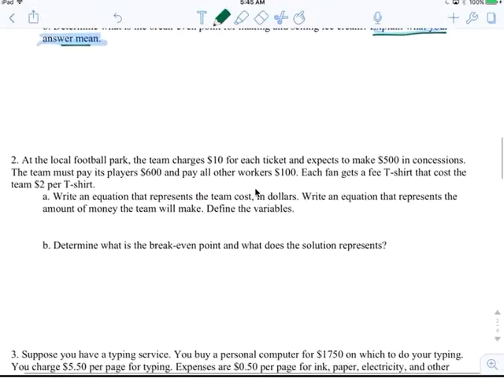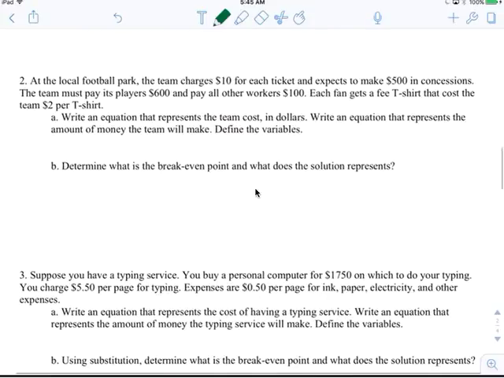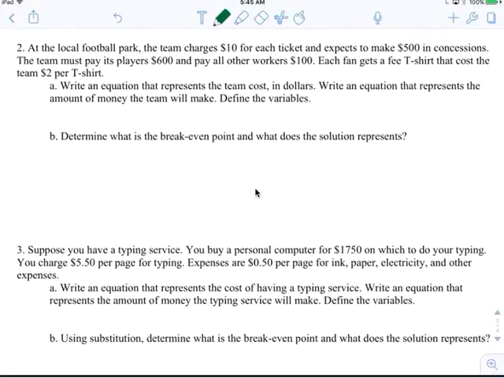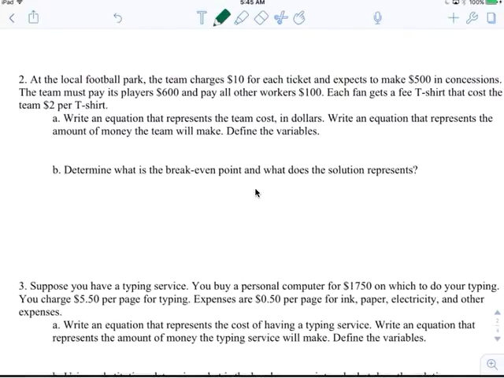I think number 1, I'm going to do number 2 now. I'm going to set you up and you're going to finish on your own. At the local football park, the team charges $10 for each ticket. If they're going to charge, they're going to make money for each ticket. Each means times, ticket is X. And expect to make, and typically means plus, expect to make, that's a $500